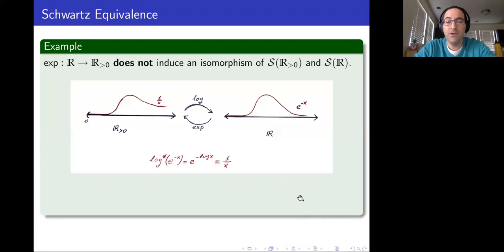Let's see why. So let's look at the right-hand side. We take a function. Let's say it is 0 from some point on to the left, so we don't care about this side. And let's say that at infinity, it behaves like e to the minus x. So this is a nice Schwartz function, right? It's believable if we take this function and we take any derivative, and even if we multiply by any polynomial,